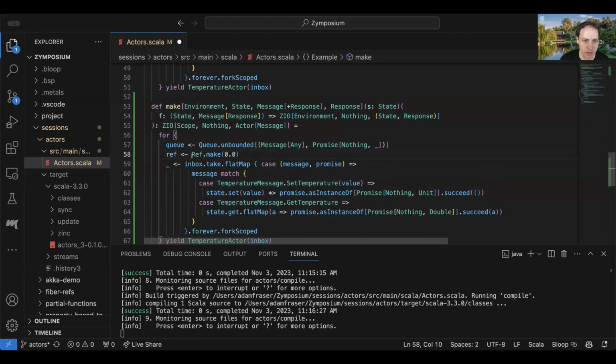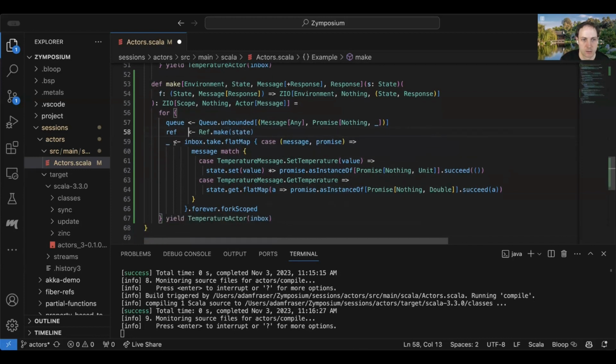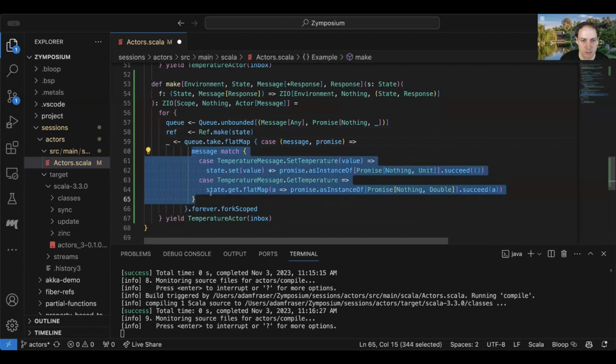Then we're going to make a ref that's going to contain our initial state. And then our actor logic, we're going to take a value from the queue, and it's going to give us a message and the promise. And now, instead of having this, we should be able to replace that with essentially using our function f. So let's try doing that.